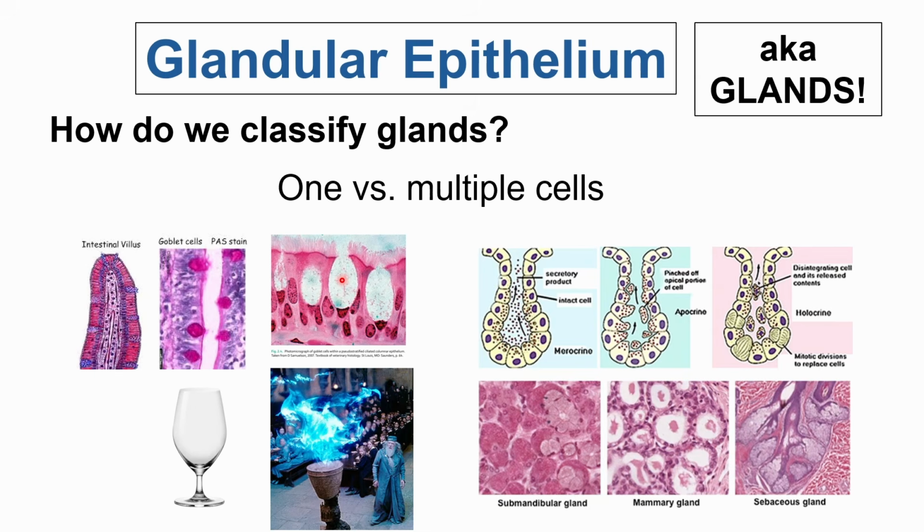While the majority of other glands need the cooperation of multiple cells in order to produce their secretion, and thus need a duct system for the secretion to go out. Okay, so the secretory units of your multicellular gland are more than one cell. Majority of the glands that you are encountering in your gross anatomy, the glands which can stand on their own, which have their own name, mandibular salivary gland, parotid salivary gland, they will be your multicellular glands. Okay?